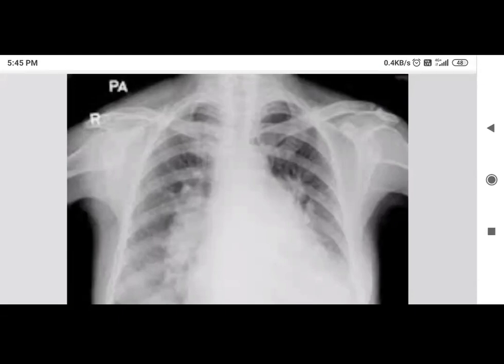It appears to be down and out, but as I have been telling you always, right RV enlargement also can mimic LV enlargement. The only situation where you can be very definite is that if the apex is dipping down, it is LV. If the apex is looking up, it is RV. Otherwise, it is impossible. Here, I would favor more an LV type than RV type. I cannot completely see, but if I am forced to make a comment, I would say it looks more like the apex is not lifted up.